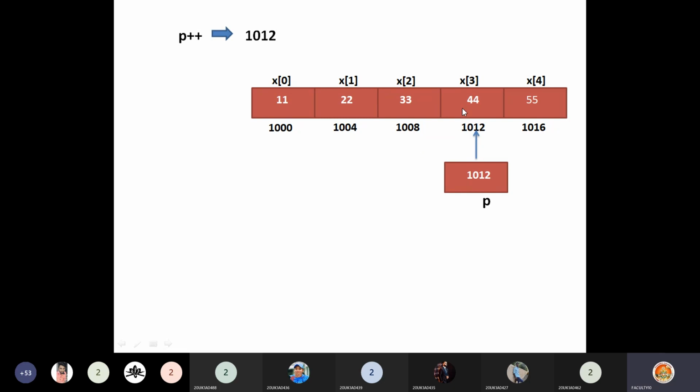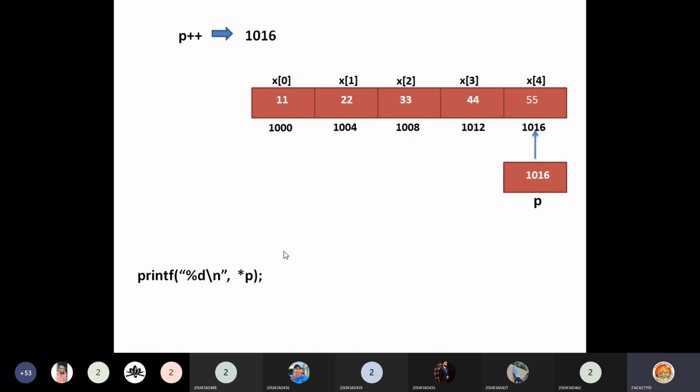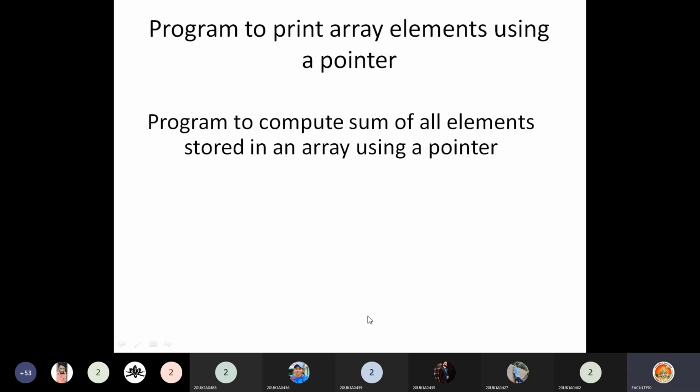So 1008 will become 1012, and to print the element at address 1012, which is 44, just say *p. It prints 44. Now how can I move to the next element? Just by saying p++. When I say p++, it becomes 1016. Now how can I print 55? printf %d *p, like this. It prints 55.